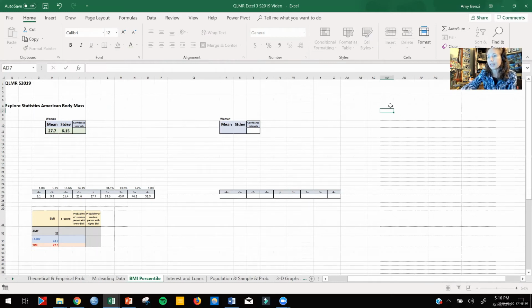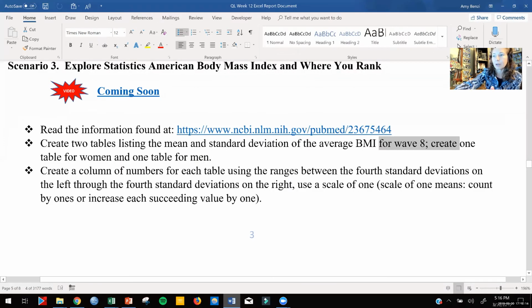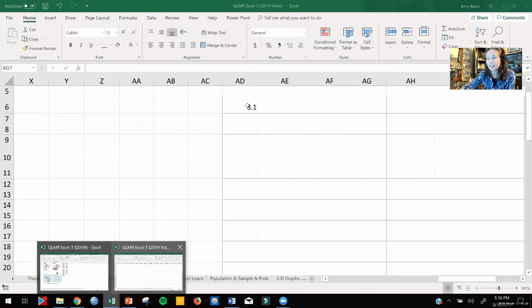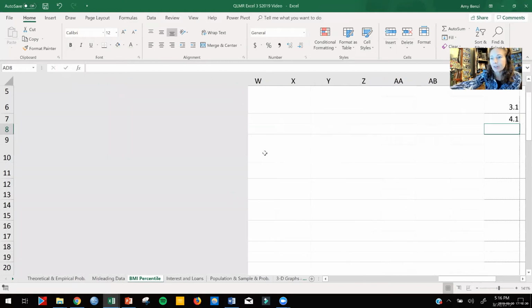All right, and then I told you guys on this Excel page here, it says to count in a scale of 1, and that just means increase by 1. So all that means is that right here, I'm going to go from 3.1 to 4.1. And then I need to take that all the way down to,